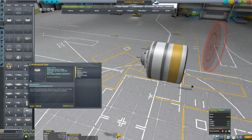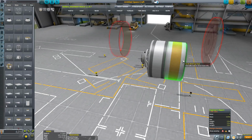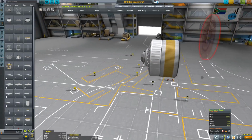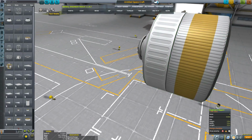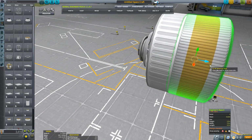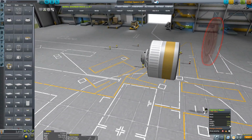Let's just have a look here. What about these tubes? That's less diameter. Actually, yes, let's use that. That's the white on the front and the yellow/orange on the back. I just want to move them closer. I don't want to see that black line there. They must look like they're one structure. There we go. And this gives us